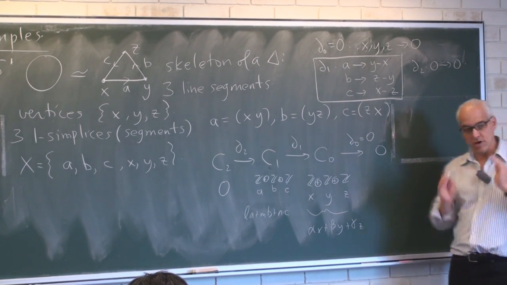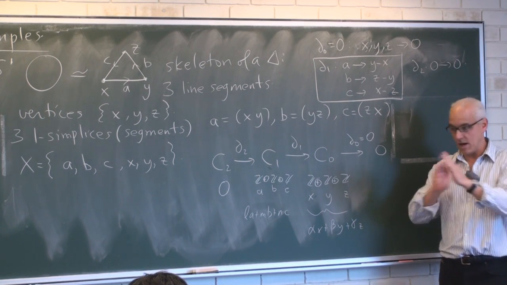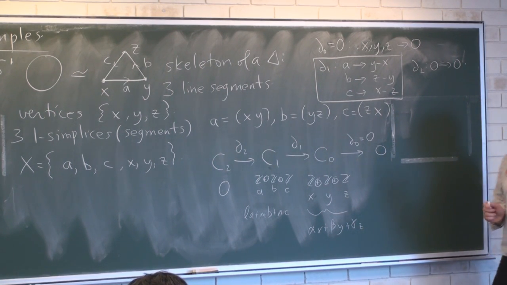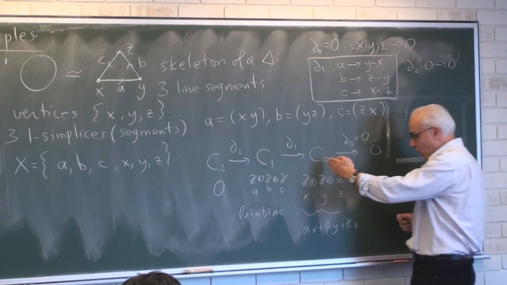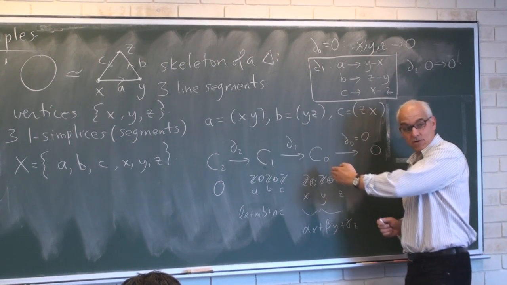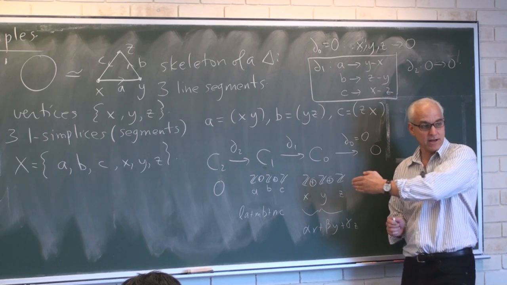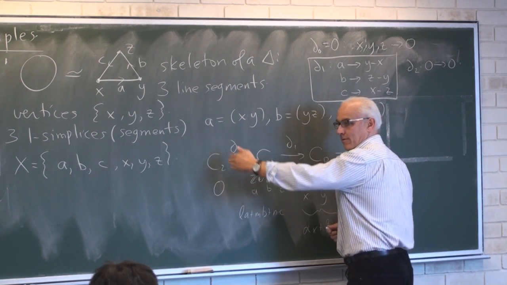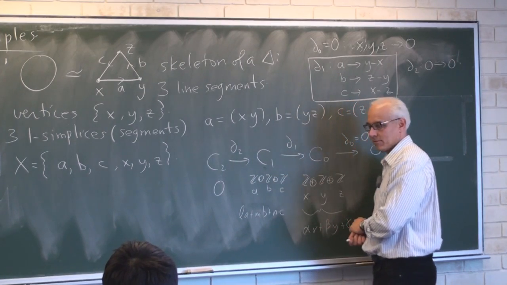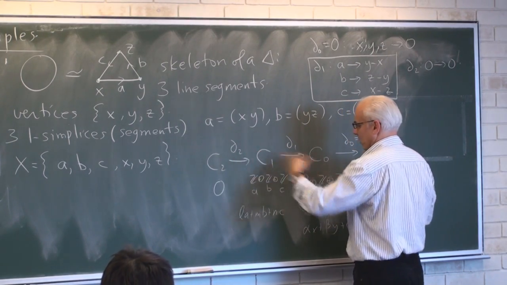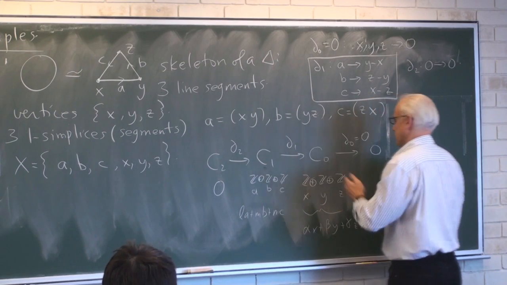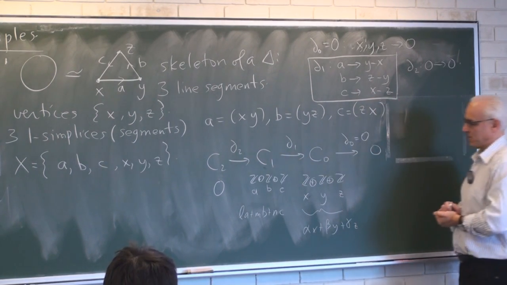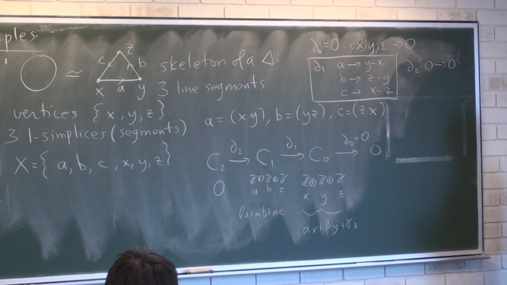Okay, so now in order to compute homology, we've got the boundary operators all laid out for us. At every point in the chain, we need to compute the space of cycles and the space of boundaries, and then we need to take a quotient. So we need to do that here, here, here, everywhere in the chain. It's going to be pretty well trivial outside here and here. So these are really the only ones that are going to figure. So let's see if we can calculate some of these groups.